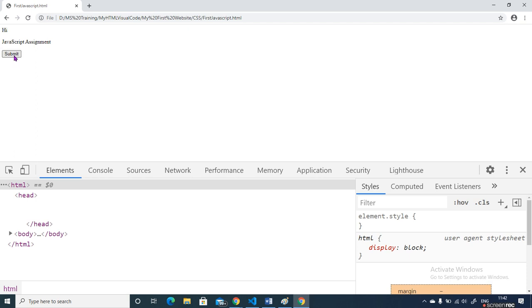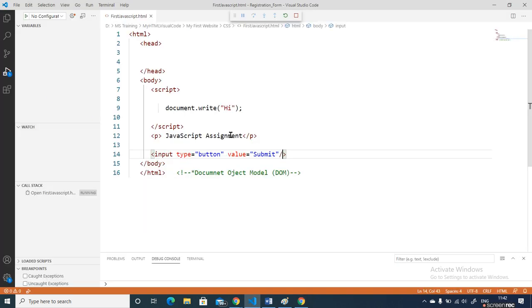Once I click this button, see here, earlier we just made changes in the code and displayed them on a page, but never implemented that once I click, something should happen. This is called dynamic. Once I click, something should happen. This is called dynamic. So here I have clicked.